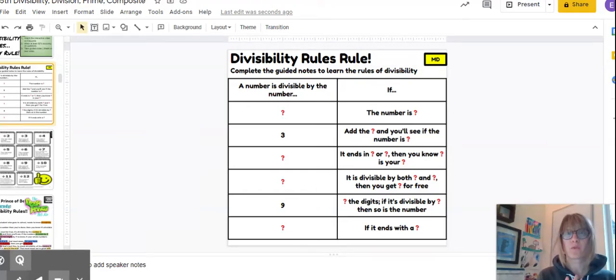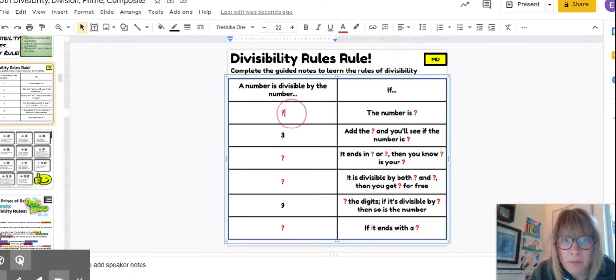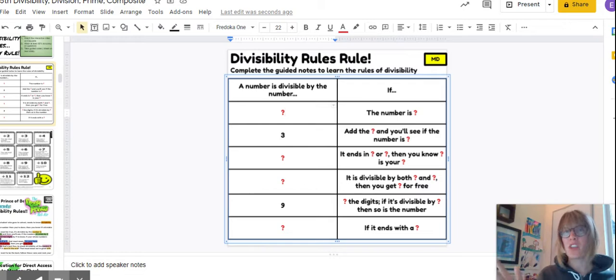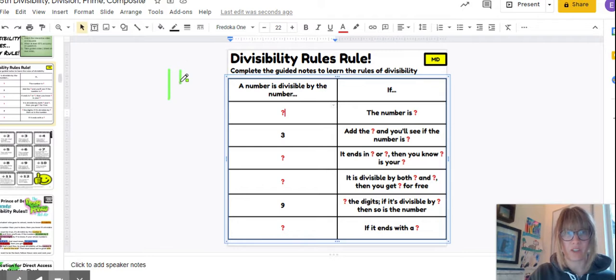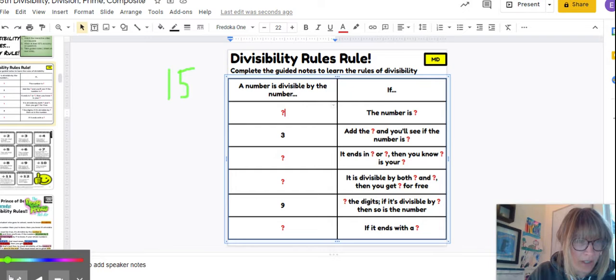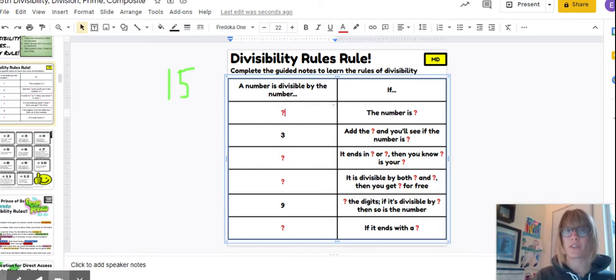So we're thinking here about the rules of divisibility. To be divisible means that you can evenly divide a number, right? So if you have a number that you want to test if it's divisible, let's say we have the number 14. Actually, we'll just do the number 15. If we have the number 15 and we want to decide if it's divisible by certain numbers, we